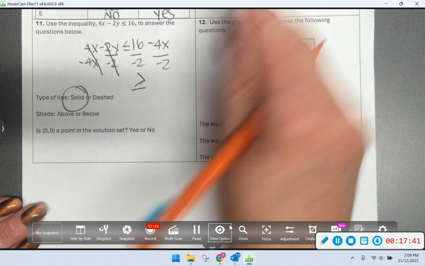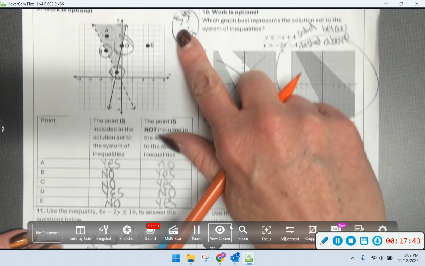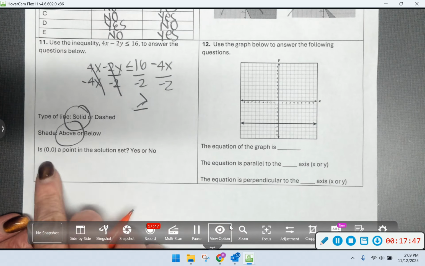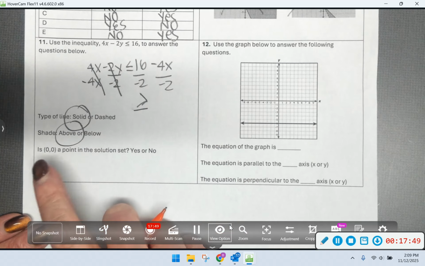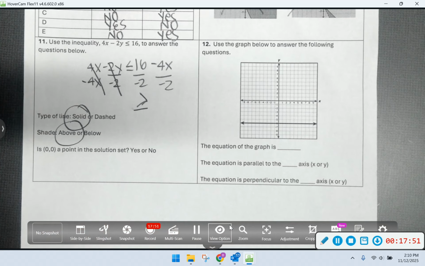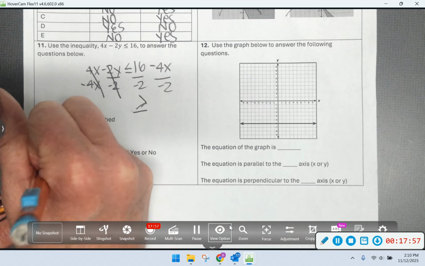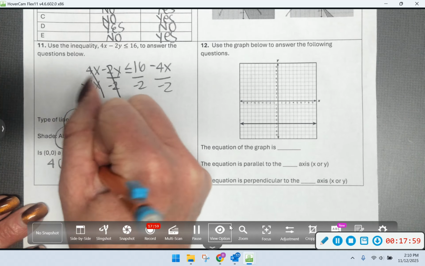So according to Slim Shady up here, it's his eyes. So we're going to shade above. Now I want to know, does this point work? Does 0, 0 work? There's two ways you can do it. We can type it into Desmos, see if 0, 0 is above the line, or we could substitute it in. If I substitute it in,